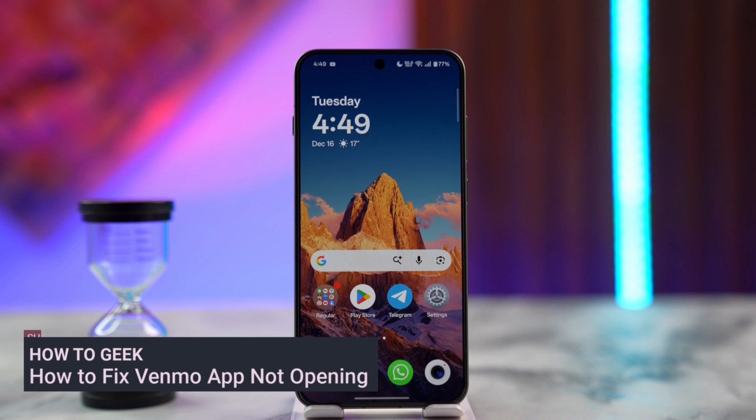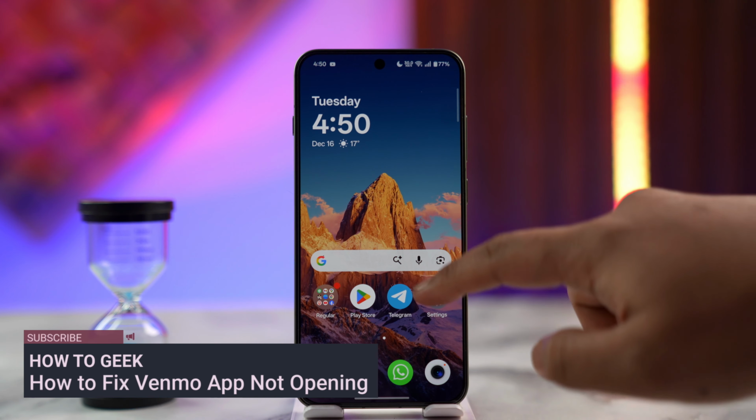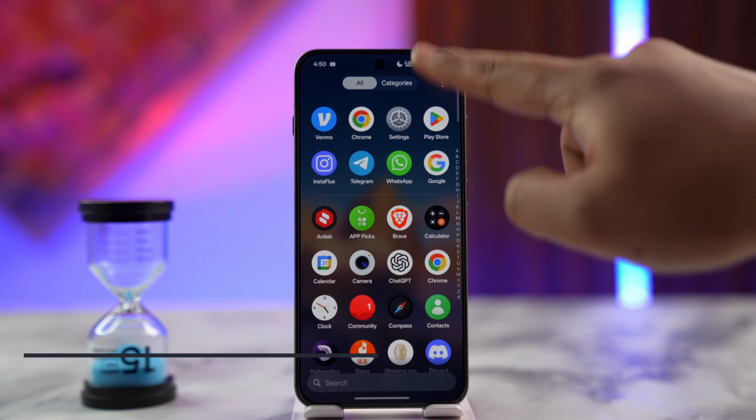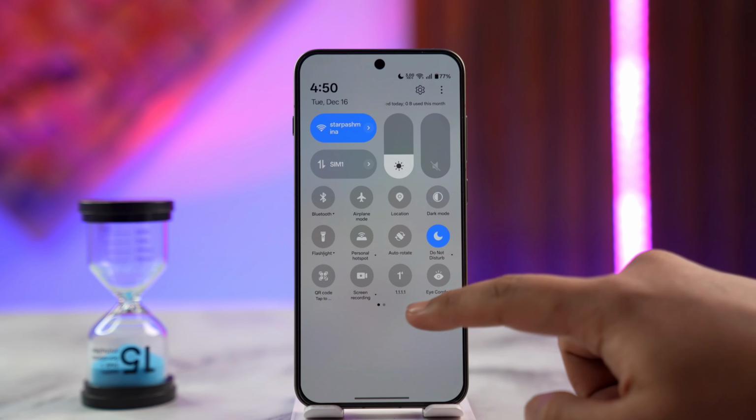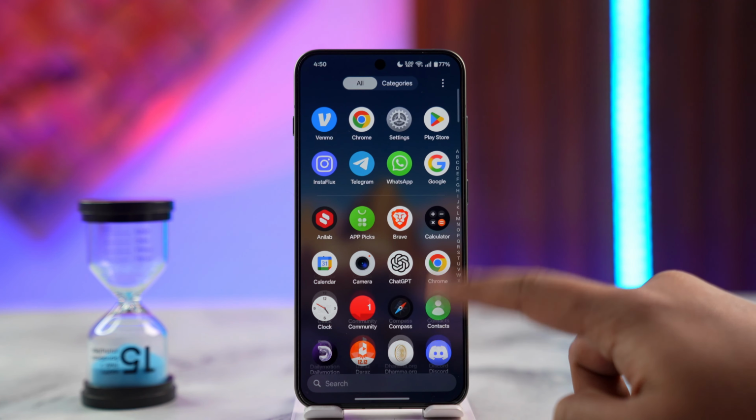How to fix Venmo app not opening. If the Venmo app isn't opening, there could be various reasons. The first thing to do is to check your internet connection. If you're using Wi-Fi, try to switch to your cellular data or vice versa and see if that helps you solve